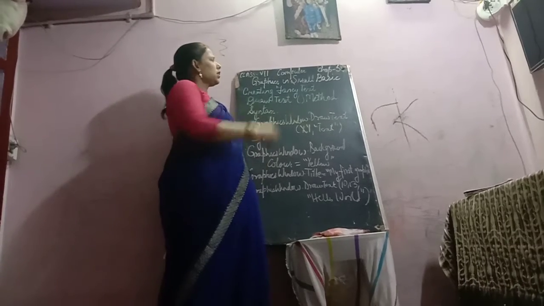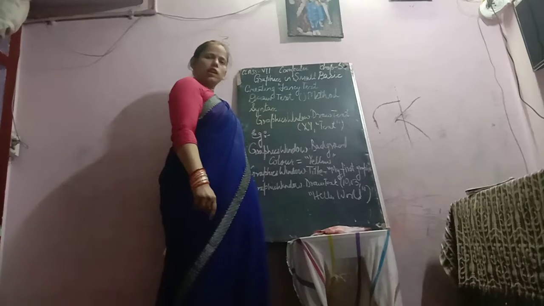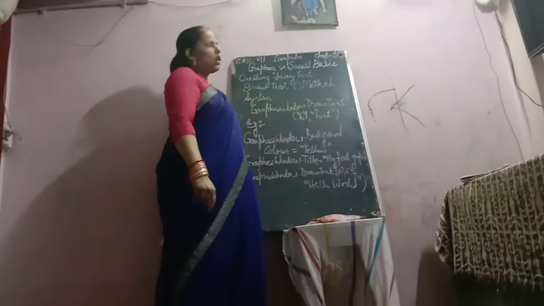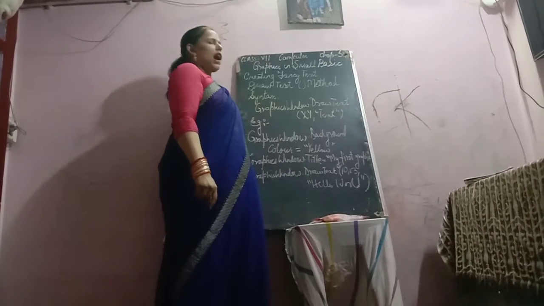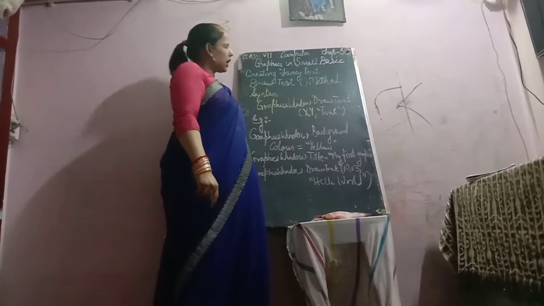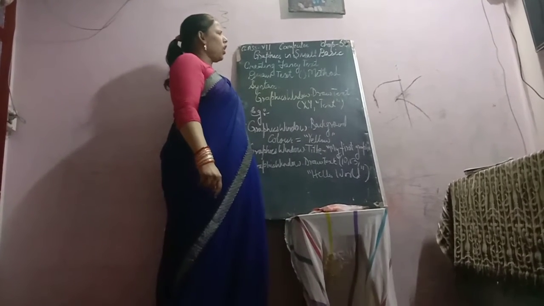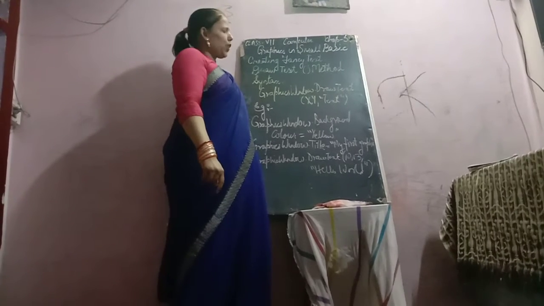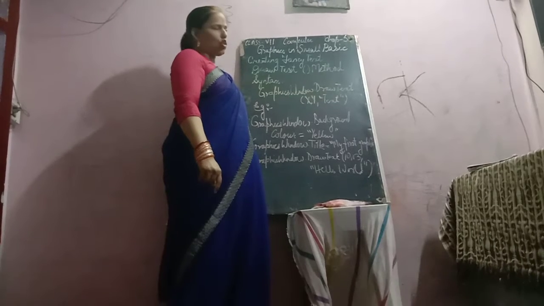In the previous class, I gave you some of the commands that you have to write for graphics in Small Basic. Yesterday, I explained that Small Basic is a high-level language through which we can do graphics very easily. I hope that you have written the same commands and syntax with examples. Today also I am going to explain some of the commands with examples. You have to write in your copy. So please write it down in your copy.